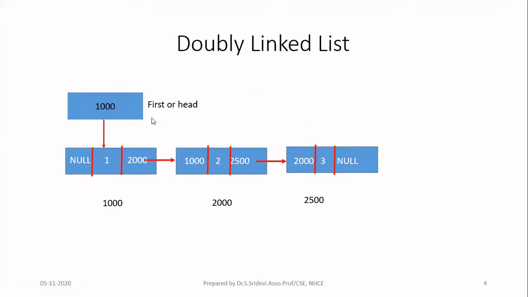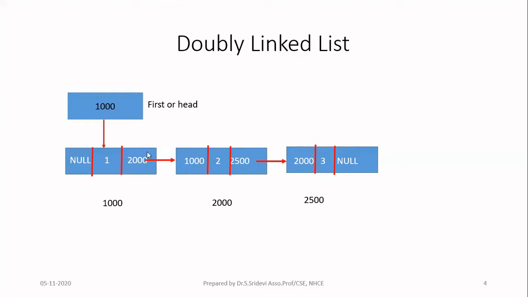Now let us see one example to illustrate the address. In this I have a doubly linked list. The first node contains the data 1, and it is stored at the address 1000. The second node contains data 2, which is stored at the address 2000. The third node with data 3 is stored at the address 2500. If you see, in the first node there is no previous node, so I am storing null in the previous field. And in the next field, I am storing the address of the next node. There is a small mistake here, guys. I didn't update properly. One link is missing. Let me go to the next slide. There I will explain. Just now understand the diagrammatic representation.